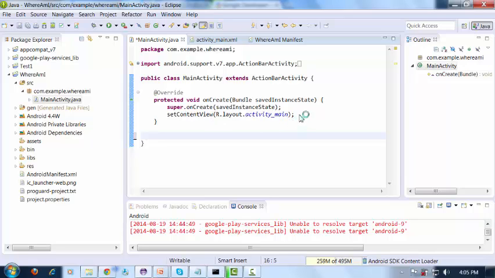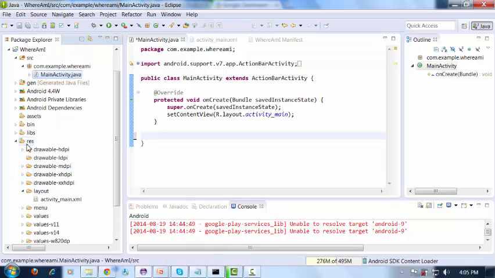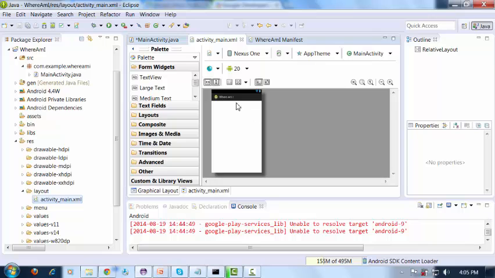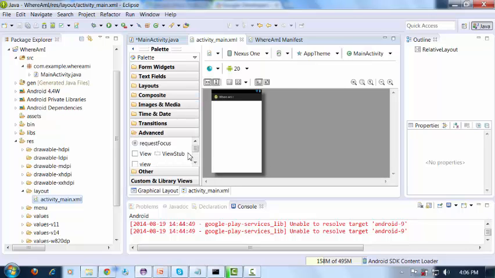Now if I want to display the map, what steps do I have to follow, or what code do I have to write? First go to your XML file, open the resource folder, open your layout, go to your main XML file. Here we have deleted the hello world, so it is a blank page now. In this we have to add one component called a fragment. As of now just consider a fragment is also a UI component. In upcoming sessions I will explain what exactly a fragment means and what is the use of fragments,